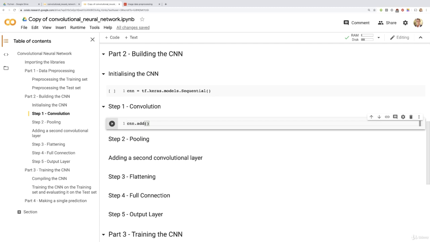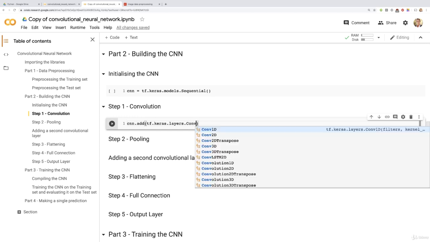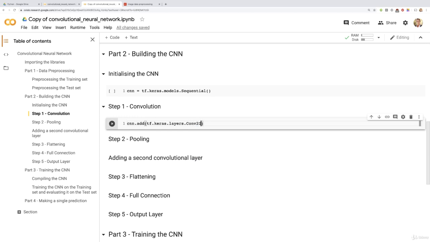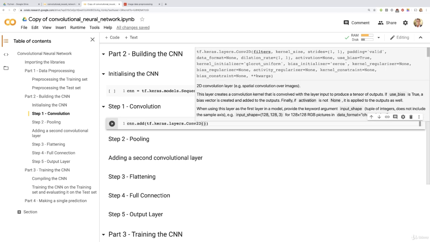And this class, just as the dense class, which allows to build a fully connected layer, belongs to the same module, which is a layers module from the keras library, from TensorFlow, since TensorFlow 2.0. So first we're going to get TensorFlow, from which we're going to get access to the keras library, from which we're going to get access to the layers module, and there we go, from which we're going to call that conv2D class. Conv2D class, then we add some parentheses, of course, because that's a class, and inside we have to input 3 important parameters,